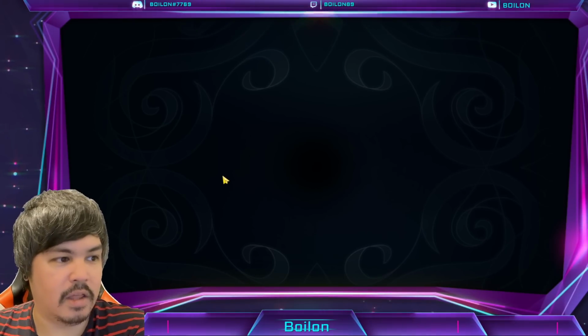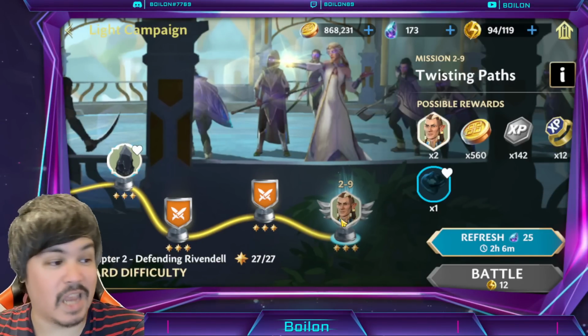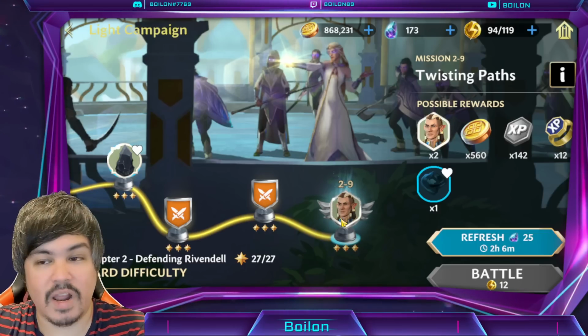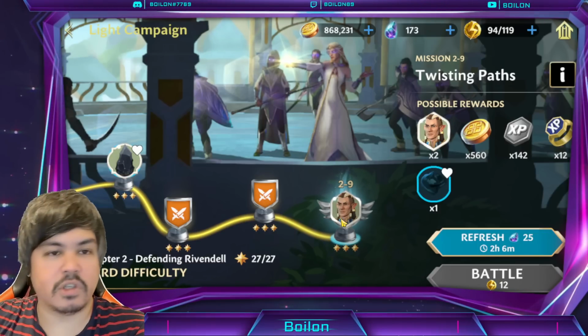Chapter 2. Then we have, of course, we're going to start at the front because it's there. So 2-9, which is Lomian. Yes, I think that everybody should be shard farming elves for whenever Elrond does come back, you want to be ready for it. Whether it's the second pass, whether it's third pass,